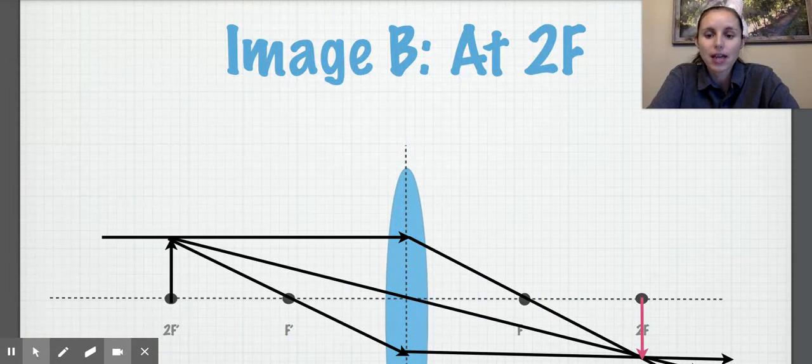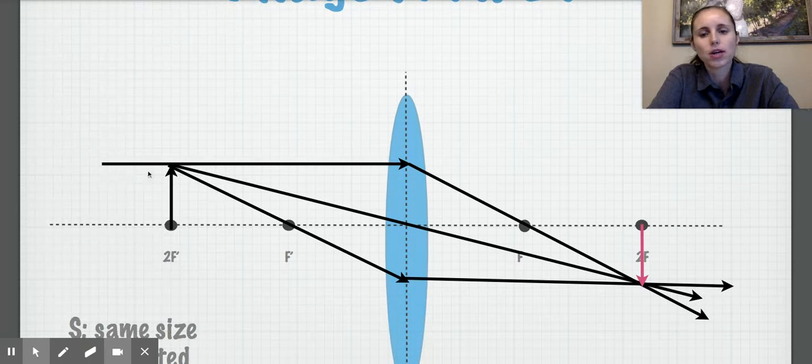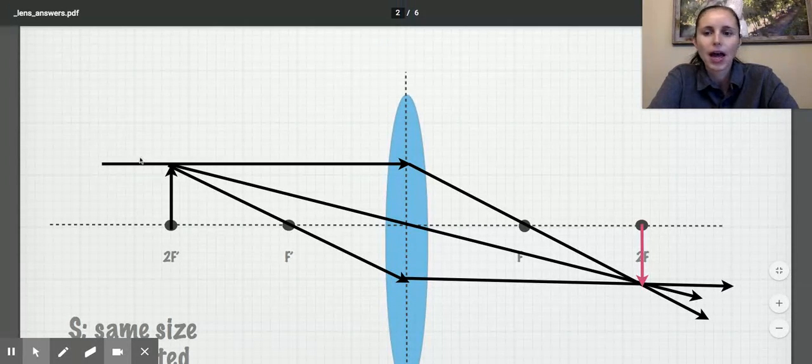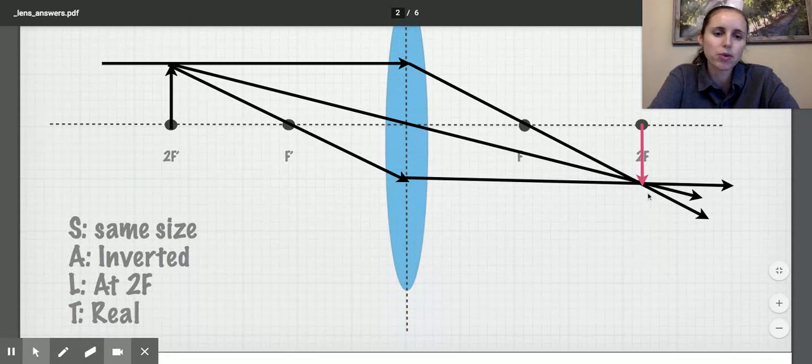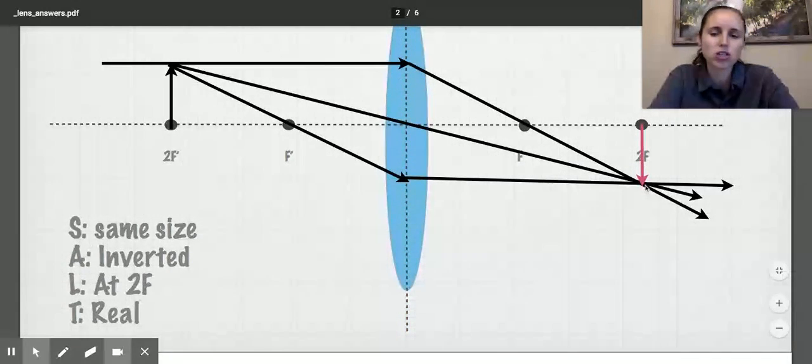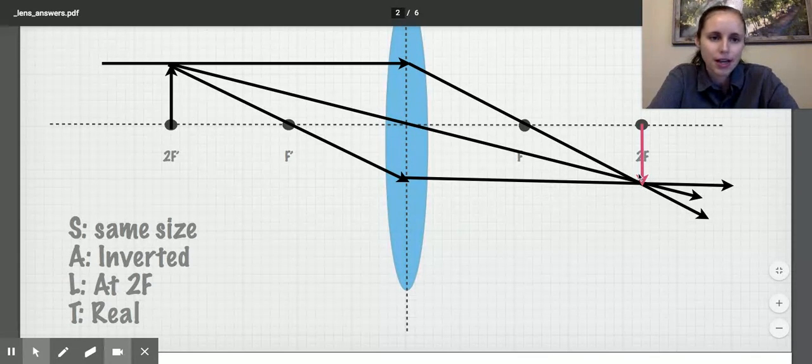Now we're going to look at an image where we're at 2F. We're going to use the same three rules. So we're going to go in parallel, we're going to come out through F. We're going to go in through F, we're going to come out parallel. And then we're going to go straight through the optical center. You can see that all three of these lines meet at the same point. And here's my image. If I go through and describe my image, I would say this image is the same size as my object. It's inverted. It's at 2F,